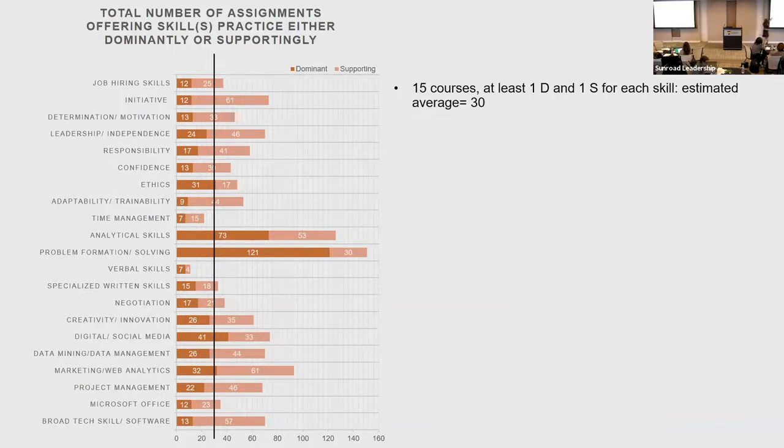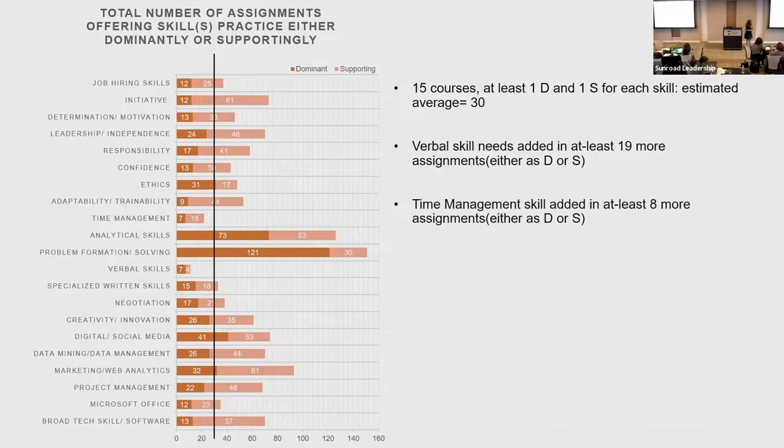And based on this line, we really see that verbal skills and time management skill are those skills that haven't been addressed as much as needed in our curriculum. So we need some improvements, especially on the verbal skills. Obviously, we are a purely online program, and most of our assignments are written. So we need to have that in mind, that students also need to work on their verbal skills. Same thing about time management. Probably a good point to start is that right now we are at 11 on verbal skills, so at least we need to include it in 19 other assignments, as a D or as an S, to make it 30 and really help the students